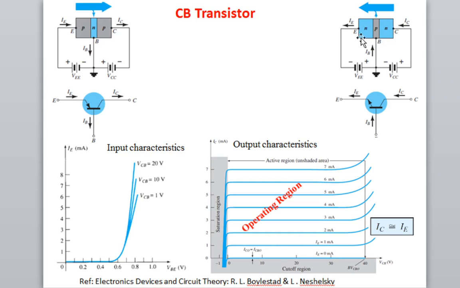So this is the actual construction diagram, the cross sectional view, and this is the circuit symbolic representation of the transistor. So you have a base, a vertical line and a horizontal line, and then you have this one and this one. So this is known as the emitter, this is known as the base, and this is called the collector. And remember how one can identify which is base, which is emitter, and which is collector.